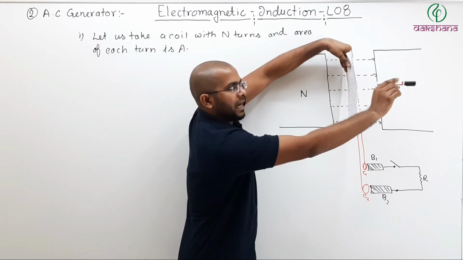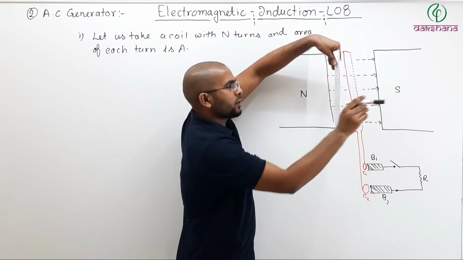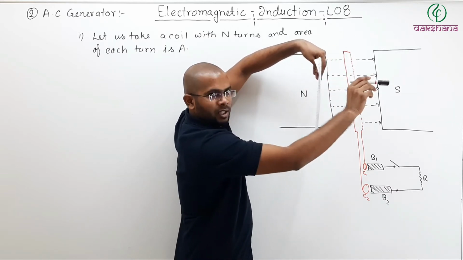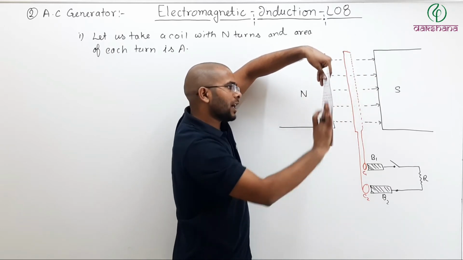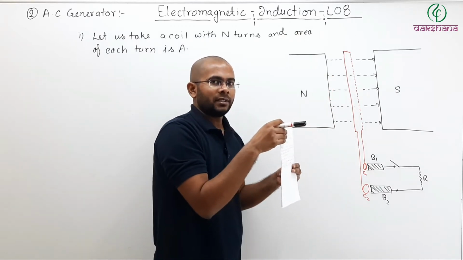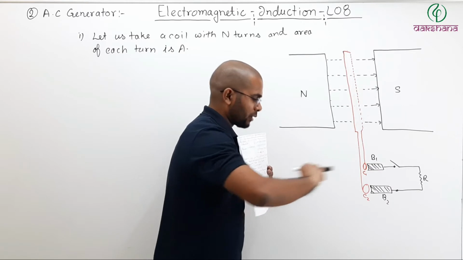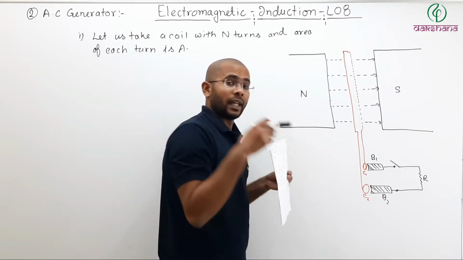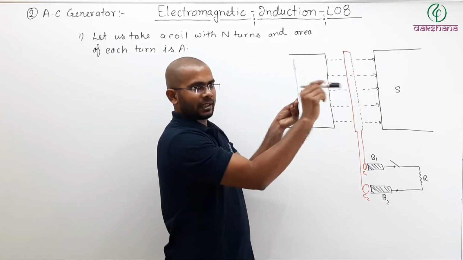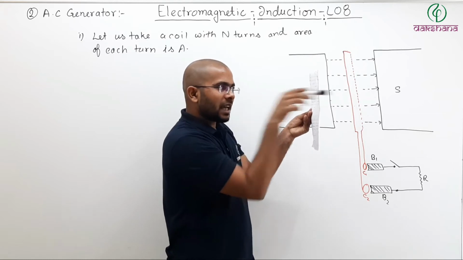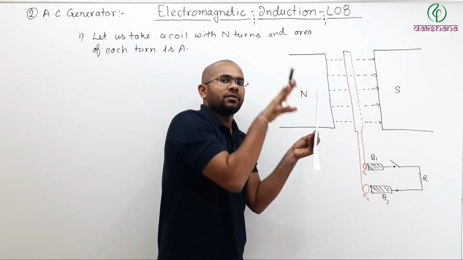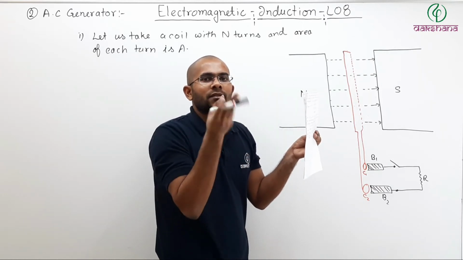So if that is the field direction and my coil is like this, this is the plane of the coil and this is the field direction. So at t equal to 0, the plane of the coil is perpendicular to the field like this. And if you remember, what is the area vector? The area vector is taken as perpendicular to the plane of the coil, not the field. So if the coil is like this and the field is like this, can I say that the area vector and field vector are both in the same direction, meaning the area vector and field vector are at 0 angle with each other.